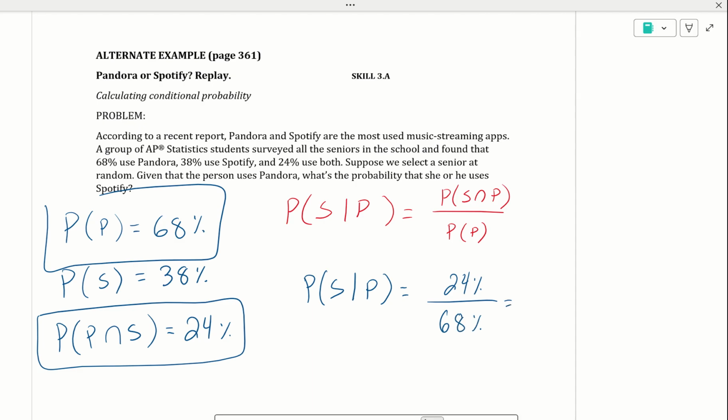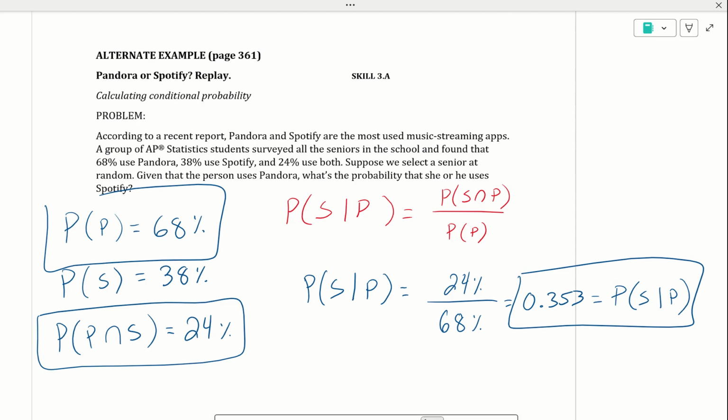And this is equal to 0.353. There you go. So that's the probability of someone using Spotify given that they use Pandora. You could put that in a sentence. The probability that this would be a senior at the high school. All the seniors were surveyed. So given that,